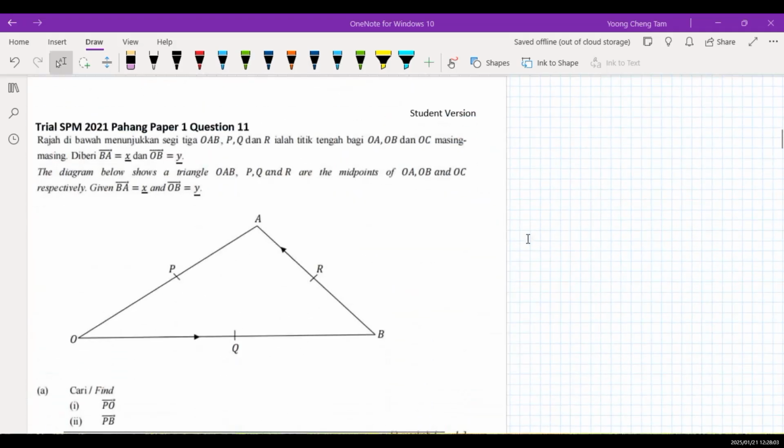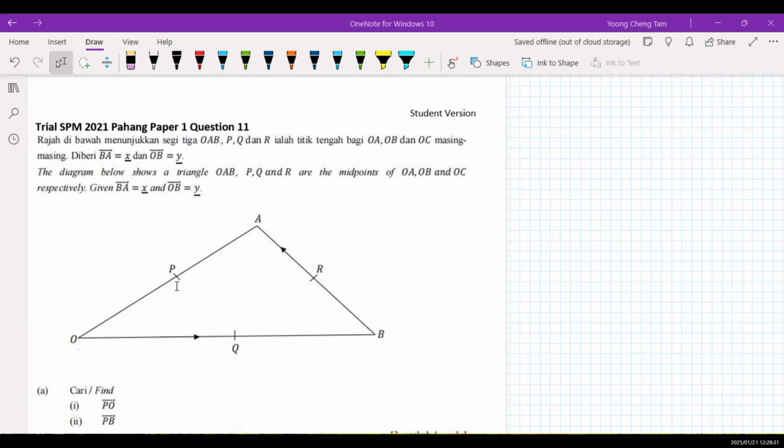This question comes from Pahang. The diagram below shows a triangle OAB. P, Q, R are the midpoints of OA, OB, and OC. The meaning of midpoint is the middle point. So if you look at the line OA, point P is the middle point of the line OA. The same goes for point Q, which is the middle point of OB, and point R is the middle